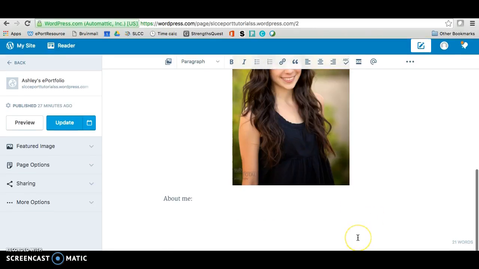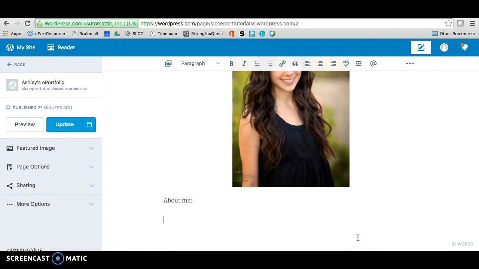And then underneath, you'll want to type in your bio. So your bio will include things like a couple paragraphs on where you're from. So I'll make a list for you guys here. Where you're from. You might want to talk about what you're studying and why. And then anything else that your professors may want to know about you, or just anything else that anyone would want to know about you. So you'll just want to do a couple paragraphs on that.